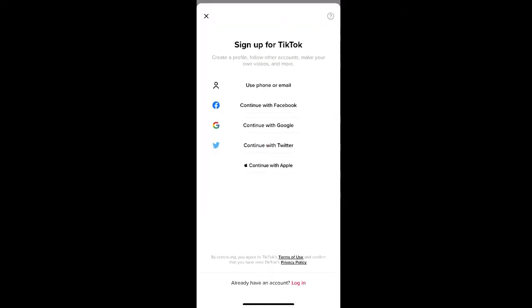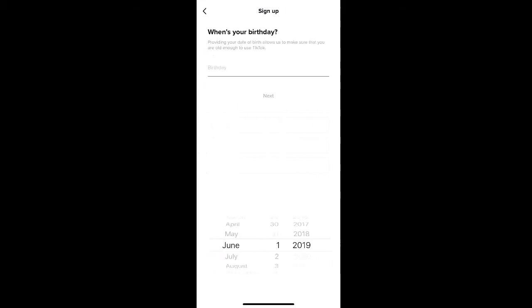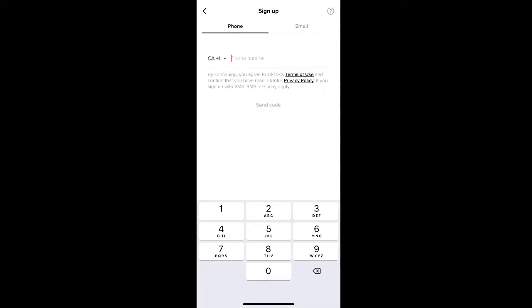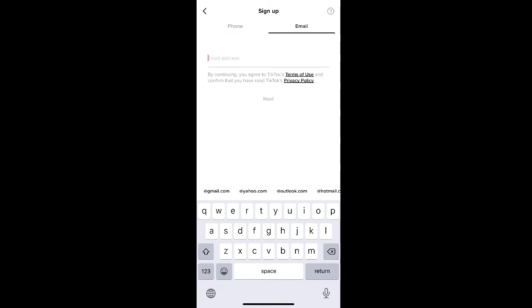You can use your phone or email, Facebook, Google, Twitter, or Apple to create an account. We'll use our email address. Then enter your birthday details and click Next. Here you can choose to sign up with your phone or email by clicking the tabs at the top. Then enter your email address into the field